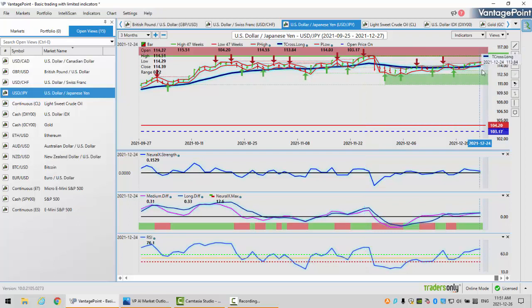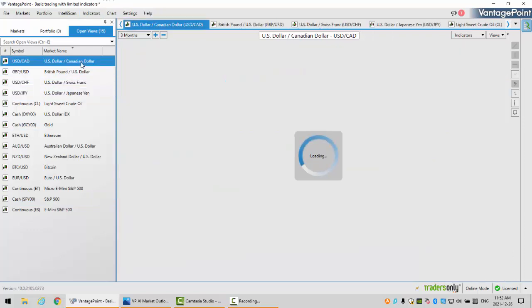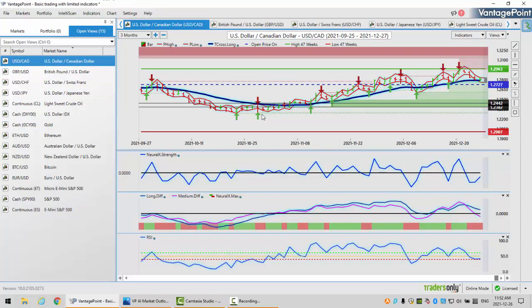Now, if we're buyers of this, we can say, okay, well, our T-cross long is 113.84. We're going to stay long while above that key support level, provided the Vantage Point indicators continue to support those long trades. Now, with the US Canada, once again, we've done this the last 2 weeks in the Vantage Point live trading room, and believe it or not, we've had the exact same short trade both times. Off of the verified resistance high, that was coming in at about 129.50, 129.36.